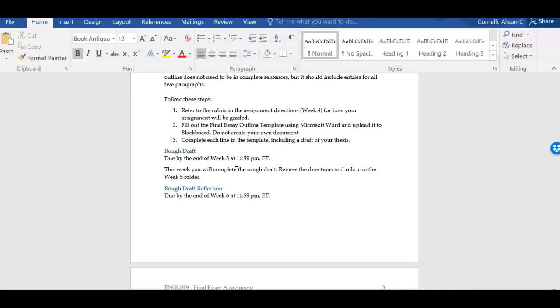But then also we've talked a lot about revising as part of the writing process. So some of the revising is also on you. One of the things that a lot of the class talked about in the discussion board that you find most helpful is reading your own essay out loud. And I suggest reading it from the very last sentence all the way to the beginning. So that way you're looking at sentence level errors.